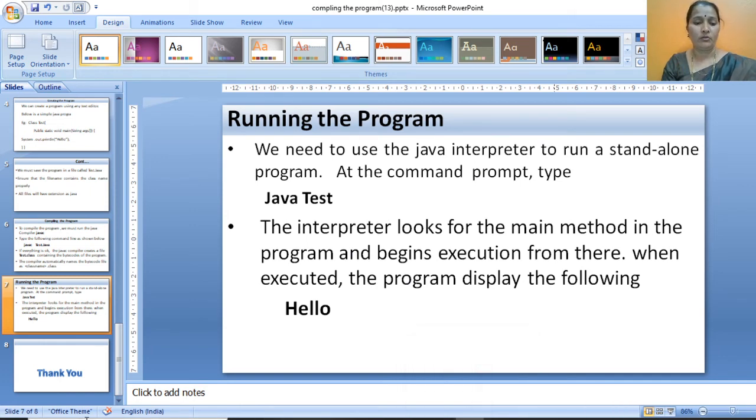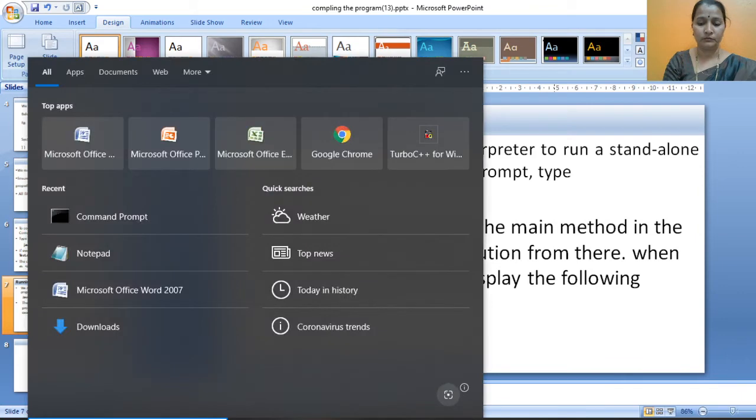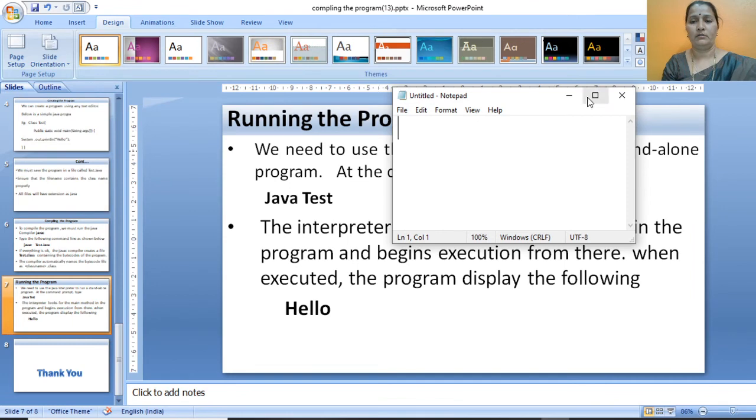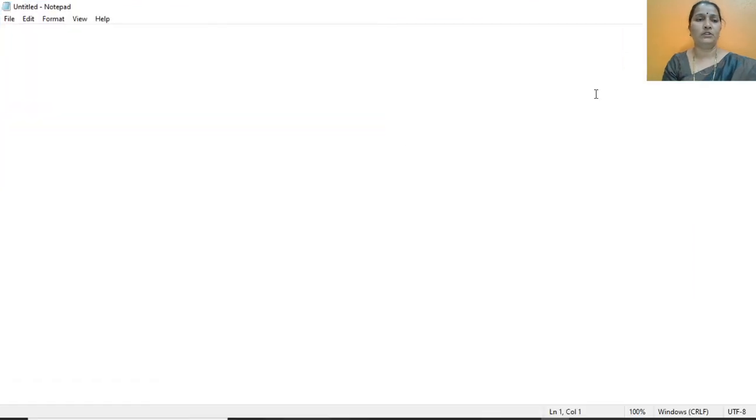So I have opened the Notepad. See, this is the Notepad.